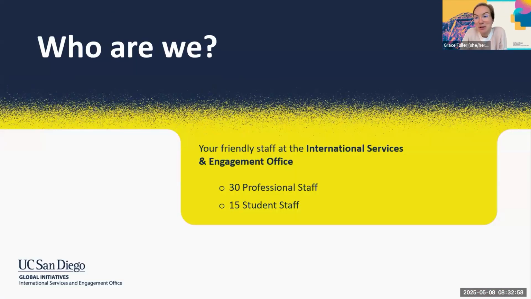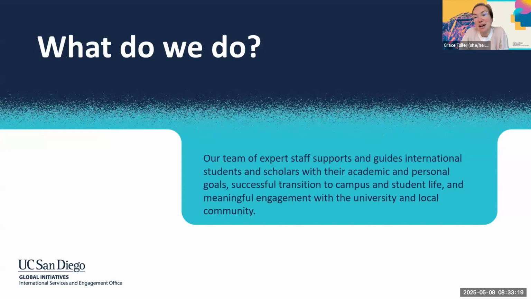So if this is your first time joining us, we just want to extend a warm welcome. At the International Services and Engagement Office, you'll likely first interact with our office as you're requesting your Form I-20 or your DS-2019 for your F-1 and J-1 visa. We have so many staff here who are excited and working hard to get you those immigration documents. We also support in a myriad of ways, right? So for processing your immigration documents, advising on how to maintain your international student status, as well as different programs and events to help you have a holistic experience at UC San Diego.